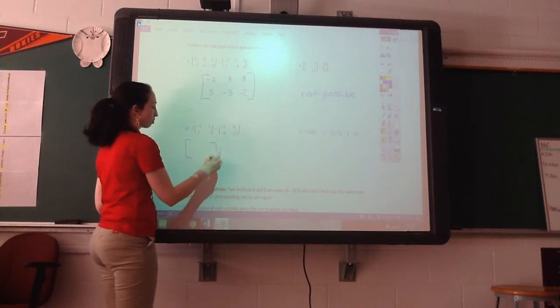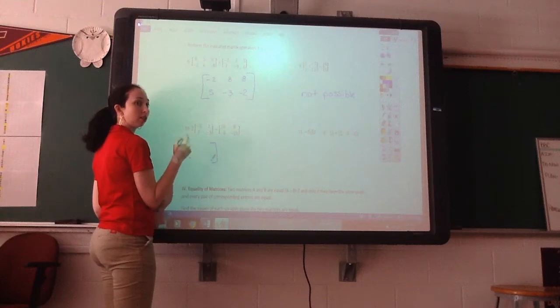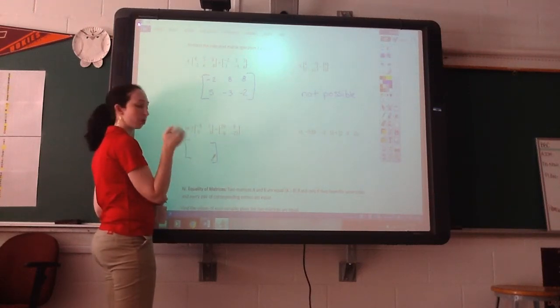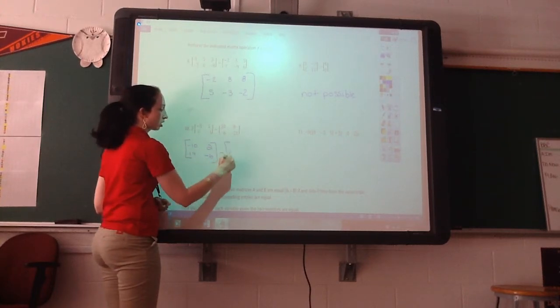What do you get for the first matrix in number 10? Right here, negative 20. Start with, what do you get once you distribute the negative? Hubert, go for it. Negative 10, 14, negative 6. All right, and then I'm still subtracting